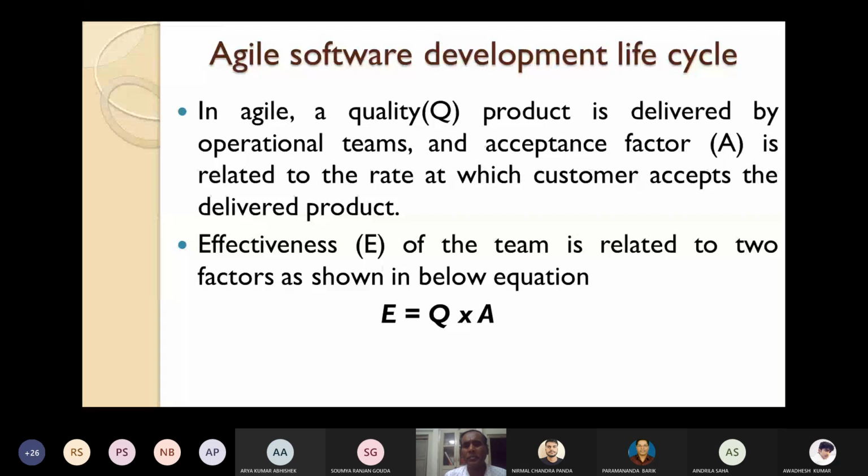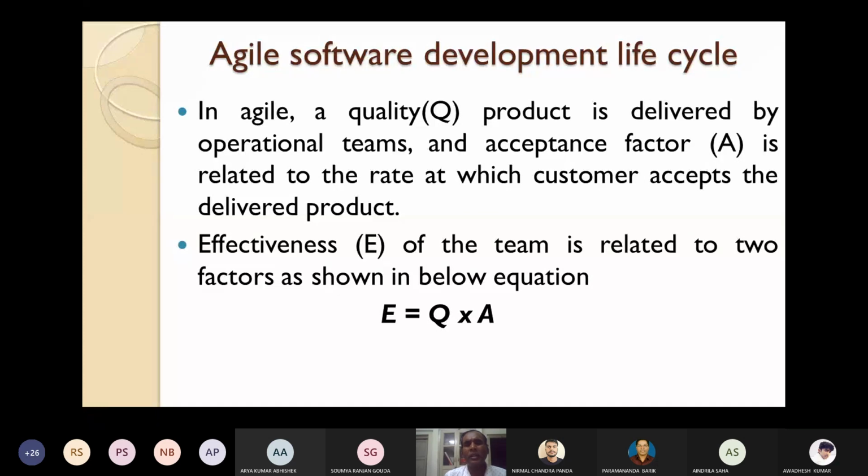If it is fully accepted, you can give 100. If it is fully rejected, maybe 0 or 1, like that. So the acceptance factor is related to the rate at which the customer accepts the delivered product. Then you can easily compute the effectiveness of the team. The effectiveness of the team in the agile software development methodology is related to two factors: quality and acceptance.